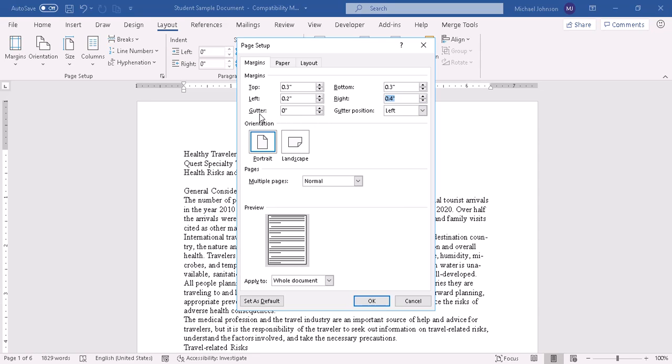Now there's also a gutter, and that gutter can be placed in as well between pages, and also the position of it, whether it's on the left side or the right side. If I were actually printing a book, then I would want to have maybe 4 pages on a single sheet of paper. Therefore, I could have a gutter area which would be used for the binding and the fold. So you would want to have that little extra bit of space so that you could actually have that in there. And this is what the gutter position and the gutter space is about. Now, we don't have to do that for this particular one, but I want you to know that's what it's